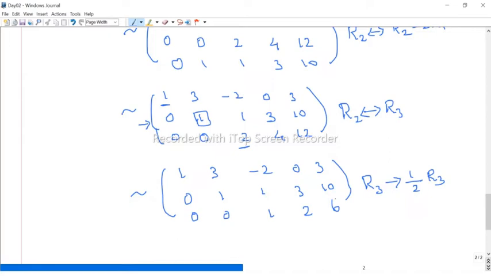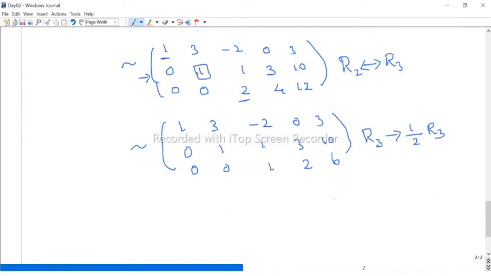Okay. Now, is this row echelon form? Now, finally, we get some matrix. Is this row echelon form or not? Yes, because it satisfies all the conditions. But it is not a reduced row echelon form. Why? Because above the leading 1 in the second row, this entry is non-zero. Similarly, for this leading 1, the entries above in the column are non-zero. Therefore, this is not a reduced row echelon form.